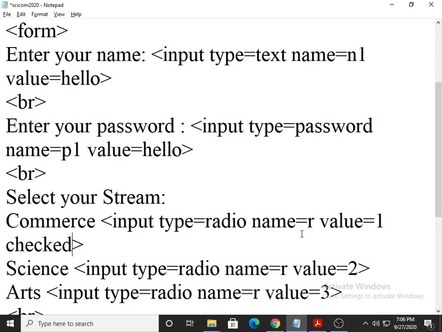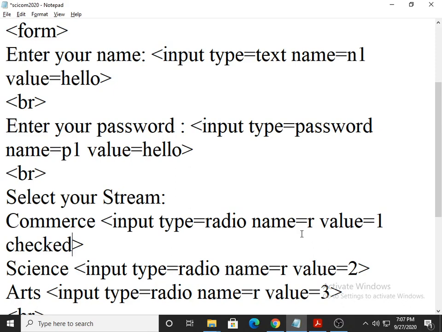Input type is equal to radio, name is equal to R, value is equal to 1, and then I mention checked. Now checked means default checked.